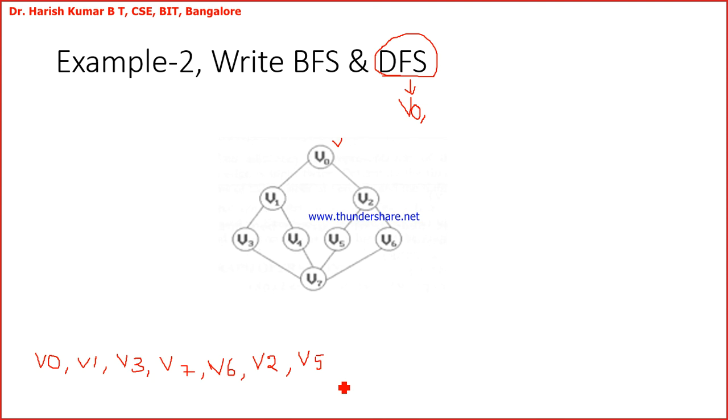Okay, and then this is visited, this is visited, this is visited, visited. For V5, the adjacent nodes are V2 and V7. Okay, V2 and V7 are the adjacent nodes that they are already visited. Finally, you'll be having V4 left in the stack. So pop that and add it. So something like this. So you can have more than one DFS traversal also. Okay, understood now?